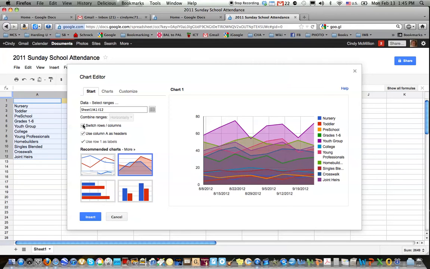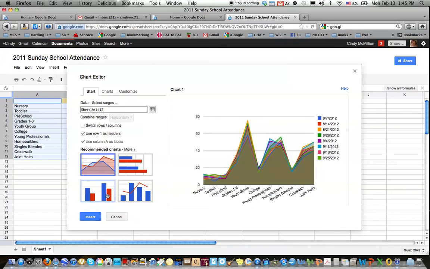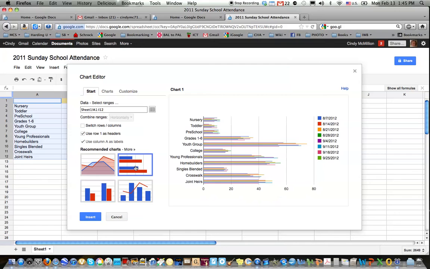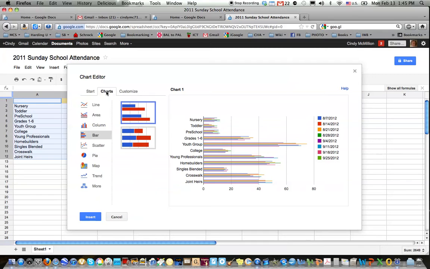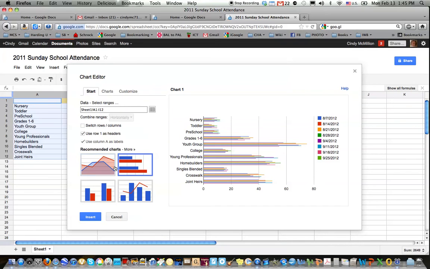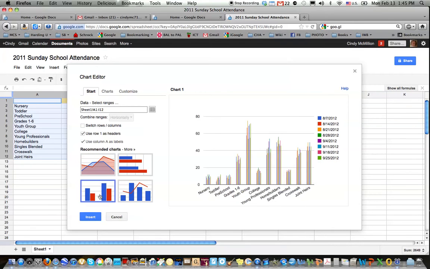Okay, I'm going to unclick that, and I'm going to choose a column chart. Now these are tiny little skinny columns, but they'll be bigger when we put them on a different page, or we could choose the bar chart like this. Okay, up at the top it just gives you some more possibilities for charts, and then you can customize it by changing colors and so on, but I'm not going to do that. I'm going to go back here where it says Start, and I'm going to choose a column chart. Okay, now if I click this and click Insert,